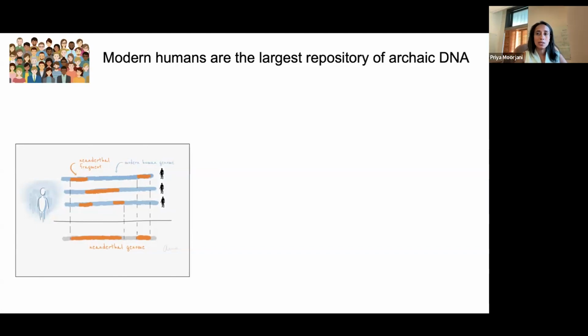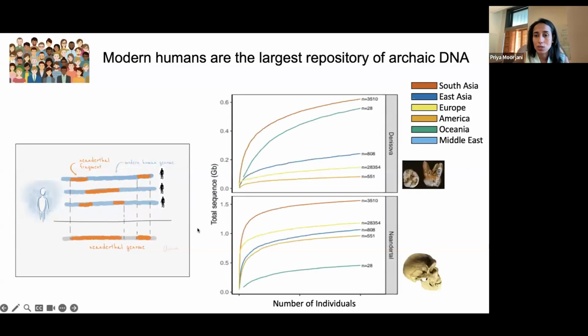This means that we could take these little bits of DNA from different living people and try to reconstruct the Neanderthal ancestry just by looking at the DNA of modern people. And this is what we tried to do in a study. On the bottom, I'm showing you Neanderthal ancestry, and on the top, Denisovan ancestry. And here, as we increase the number of people, we can reconstruct more and more of the